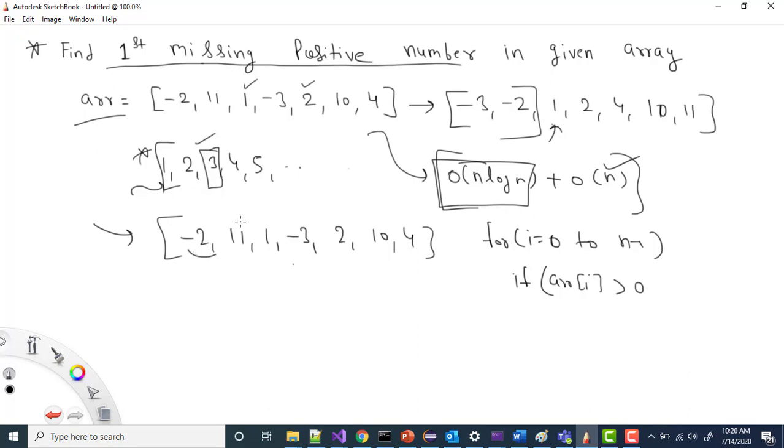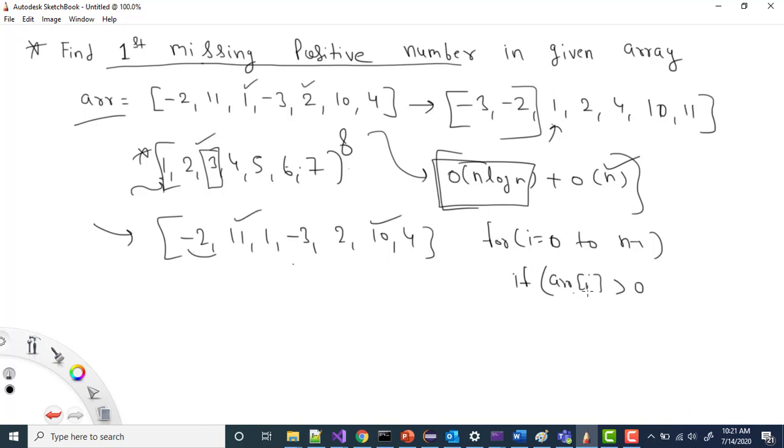Now the second case is, let's say right now, what is the length of this array? The length of this array is 1 2 3 4 5 6 7. So ideally the values which will be stored here are 1 to 7, right? So can I say that only the values less than 8 are feasible for me, or the only valid case for me? Other than these values we can safely ignore. Like in this case, 11 and 10 are of no use for me, right?